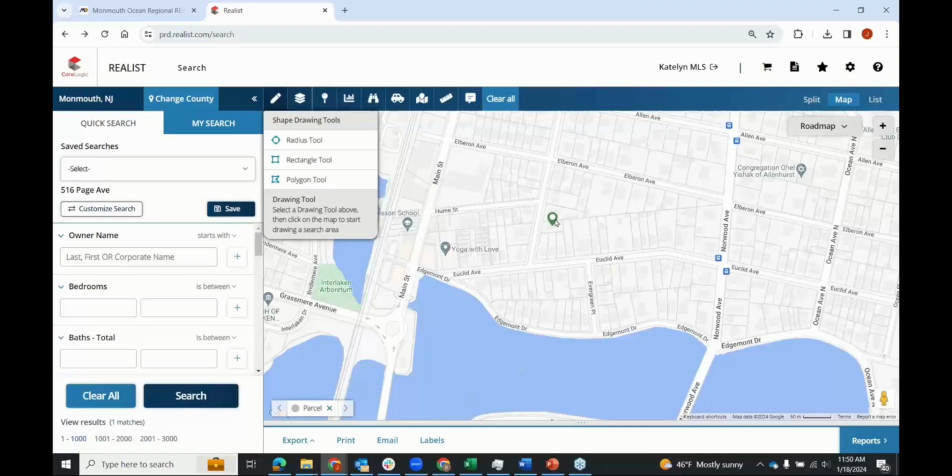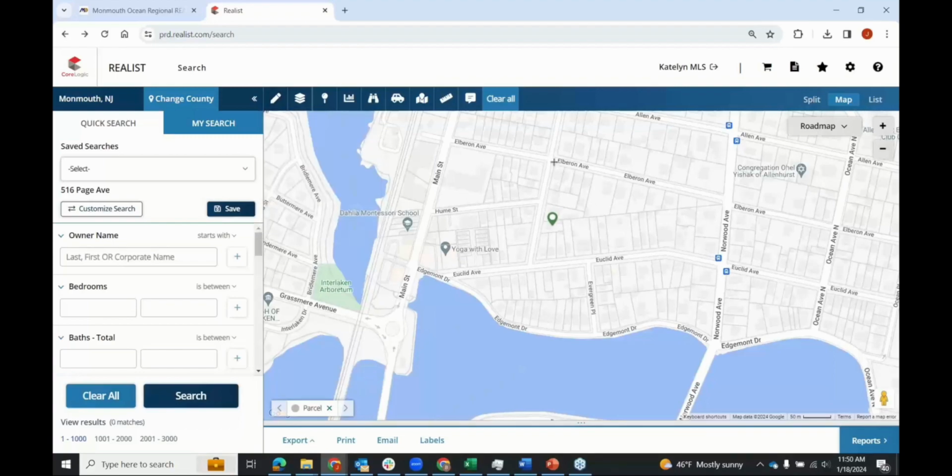And I'm interested in drumming up some more business in this area and selling properties in this particular neighborhood right here along the water. Well, a great way to do that would be to narrow it down either by a neighborhood or maybe a zip code. But if that's too big and you want to really get small, really want to get granular, draw a shape. Now, homes aren't really always laid out in circles and squares here, so a polygon tool would be nice. And I can start up here and go down here. Maybe I don't want to go too far east,